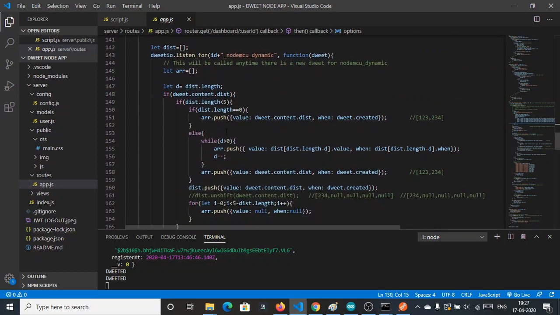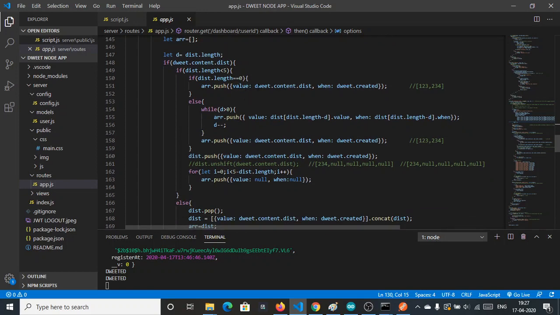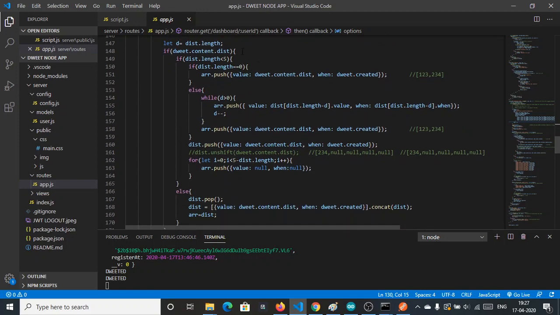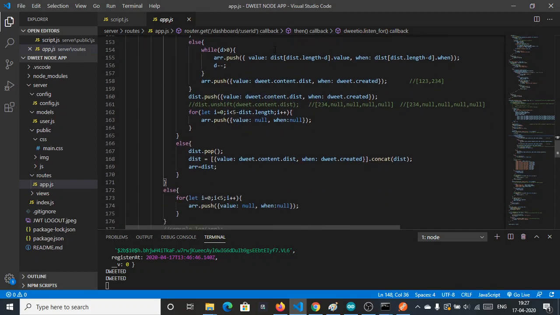As we know Node.js is asynchronous, so this function is called every time, regularly, and for every distance and LDR reading we are storing it in this manner.